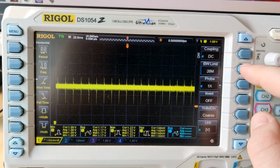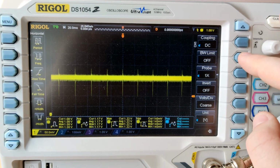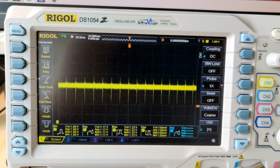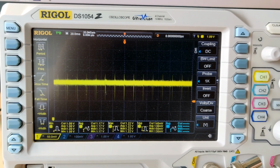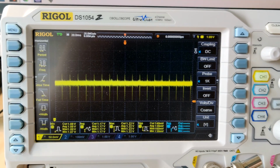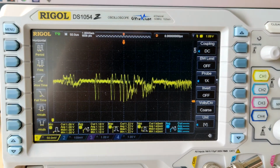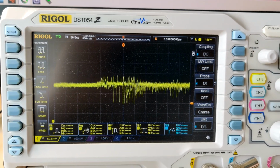If I turn the bandwidth limit on, you can see it occasionally goes down to 130 millivolts peak to peak. If I turn it off, it more or less stays at 100, and actually also still goes down to 130, well, okay, we saw 150 real quick. So like a 10 millivolt peak-to-peak difference with the bandwidth limit on, which, considering that this probe, as far as I understand, should have a lot more bandwidth than a regular probe in 1x mode, you do want to have this off, because if we turn the limit on, we might be filtering out not noise, but actually transients that occur. But anyway,